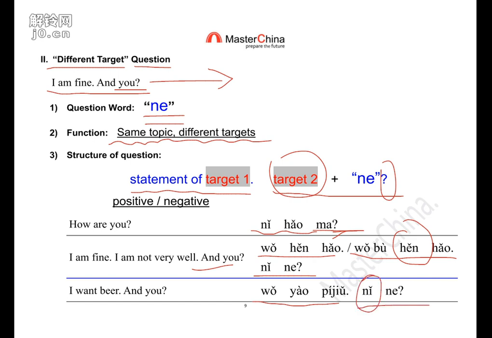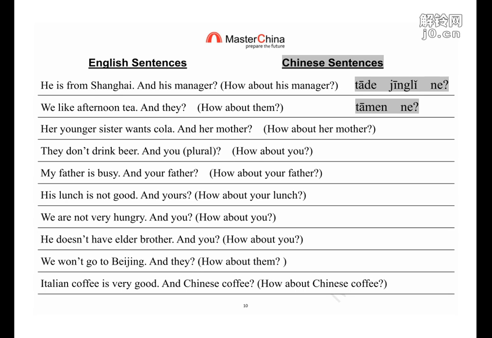Another target, right? So let's check more sentences. Then I'm very sure you can manage this question very well. Same as before, I give you lots of sentences to practice yourself. I give you some help for the first one. Usually, of course, you can see how about the managers. I put the more standard English expression, but just to help you understand the sentence, I still use the "and". Just to remind you, this is the second target.